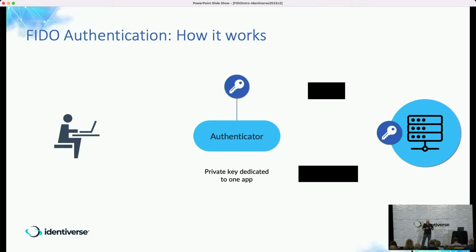What it does is it creates the key pair that you're going to use to talk to the relying party. And part of the way FIDO works is that it creates a unique key pair for every service that you connect to. So when I connect to my bank, it's my ID, that bank, and a specific key pair. When I connect to eBay, it creates a new key pair that's unique from the last one.